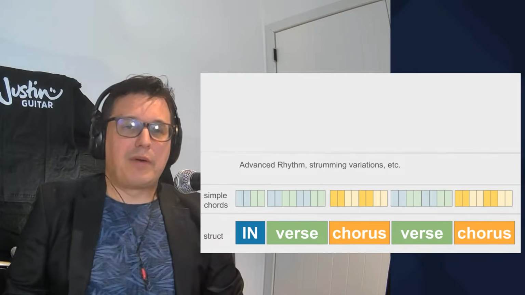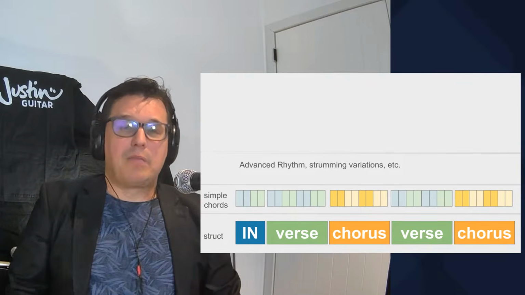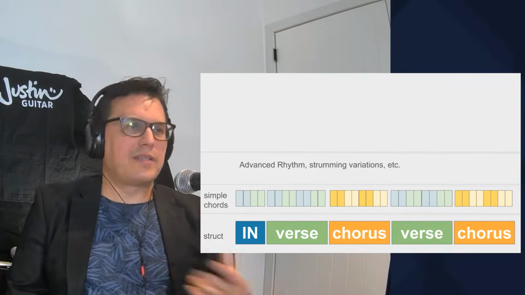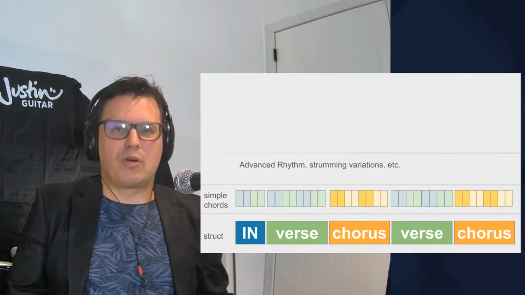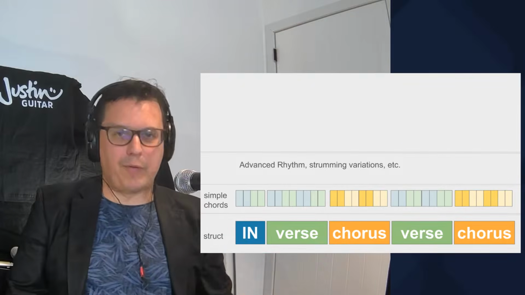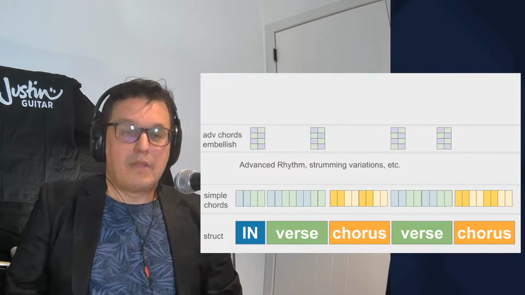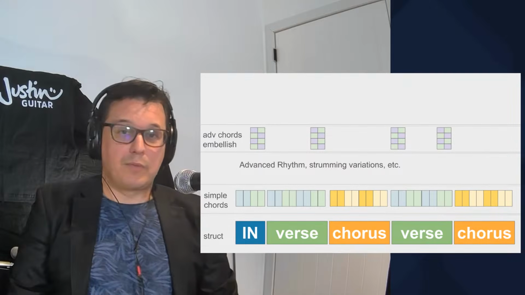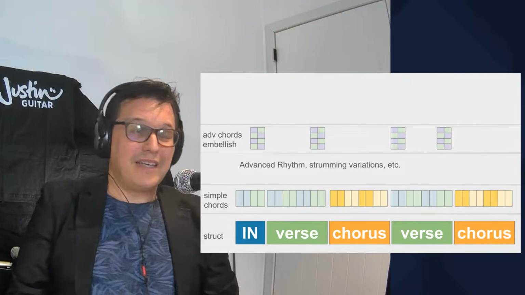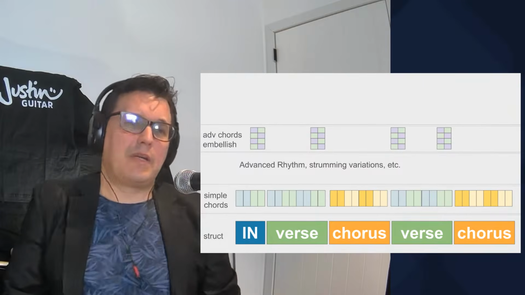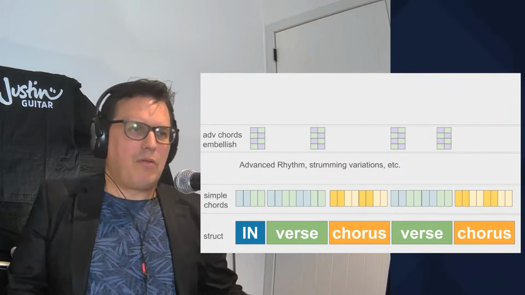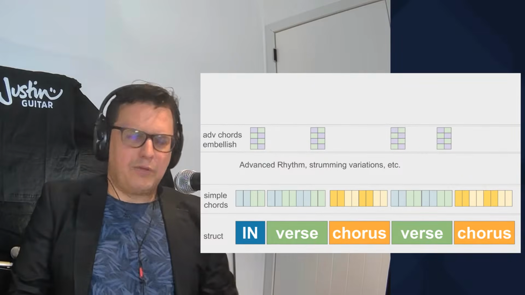Starting to use strumming variations, stuff like that, can be the next layer of complexity in your song. But meantime, you're practicing the structure of the song, playing through these chords from your grids. Then on top of that come the more complicated chords. Perhaps there are some chords that you can't play yet. Well, no worries then, because you have your basic structure of chords. Perhaps there were several exotic variations to the chord that you didn't master yet.